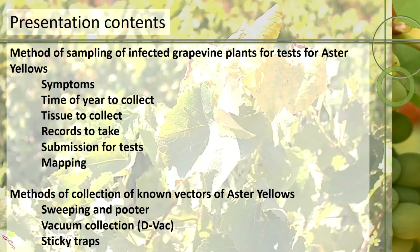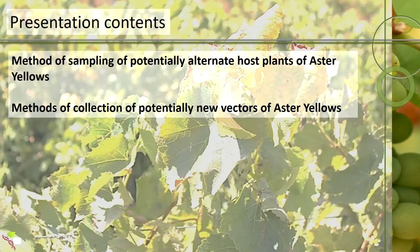In this presentation, we're going to be looking at collecting infected planting material for tests for Aster Yellows. We'll be looking first at symptoms, the time of year to collect, tissue to collect, records that you should take, the submission of the material for tests, and then mapping. And then, slightly more on a research note, if we were looking for the vectors, how to do sweeping and to use a putter, vacuum collection with a DVAC, and sticky traps. We'll also look at sampling for potentially alternate hosts of Aster Yellows, as well as collecting of potentially new vectors